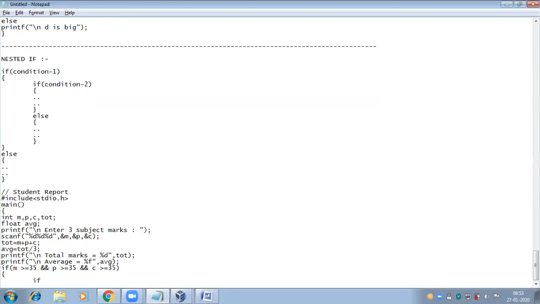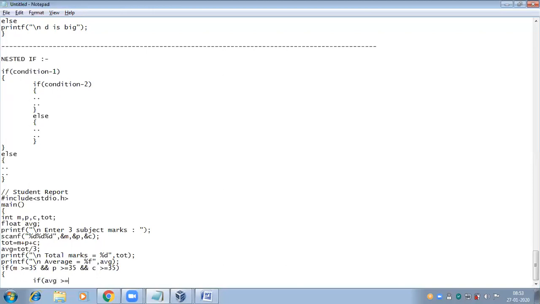Ultimately, based on the average, we are going to display the grade: first class, second class, third class. But the subjects' marks individually should meet the benchmark. Then only the result will be true, right? So condition 1 should be true, condition 2 should be true, condition 3 should be true. All subjects pass. Then I am taking the average to display first class, second class, third class.